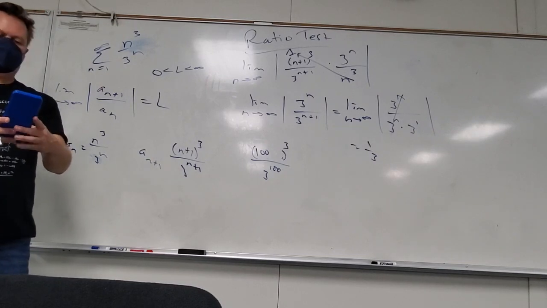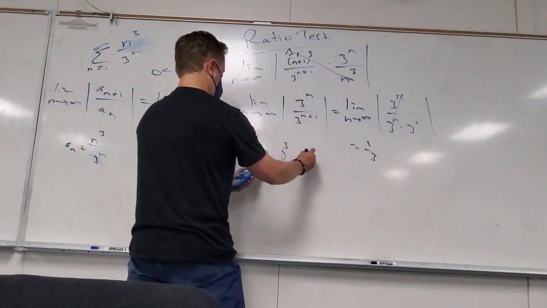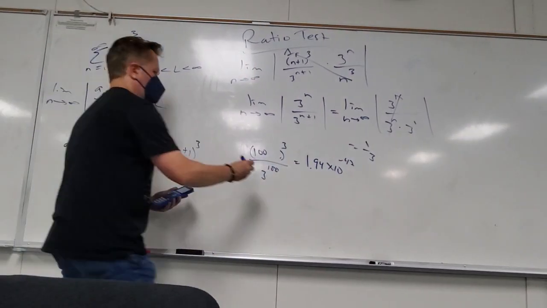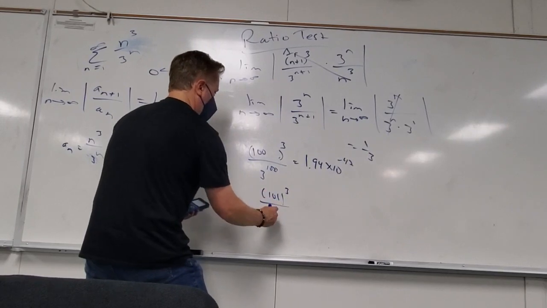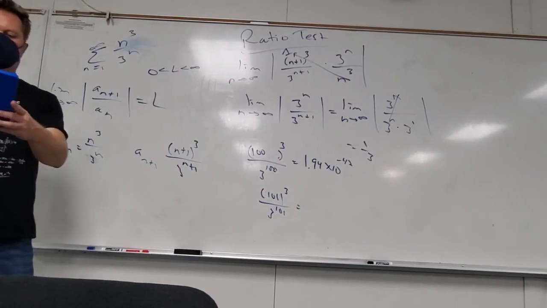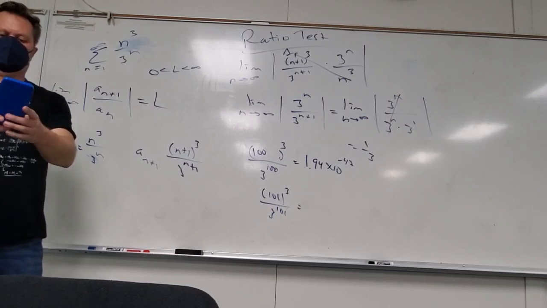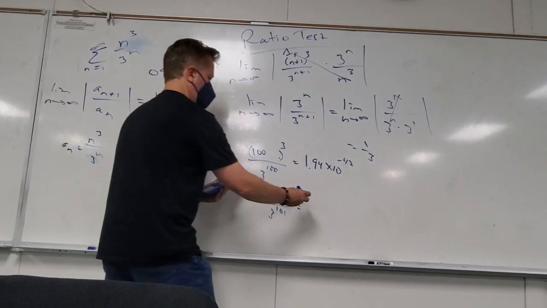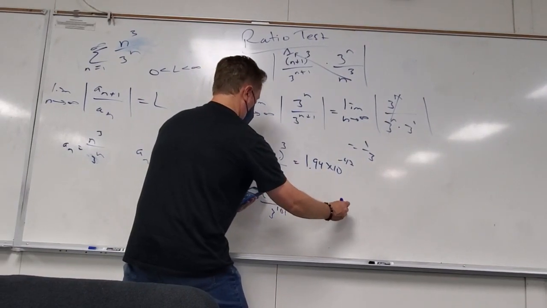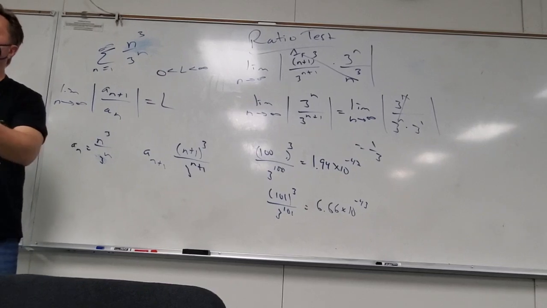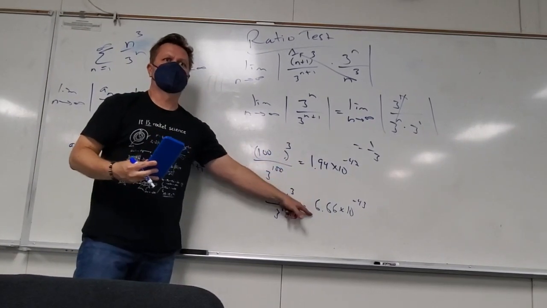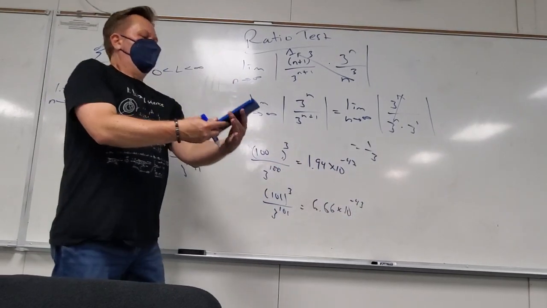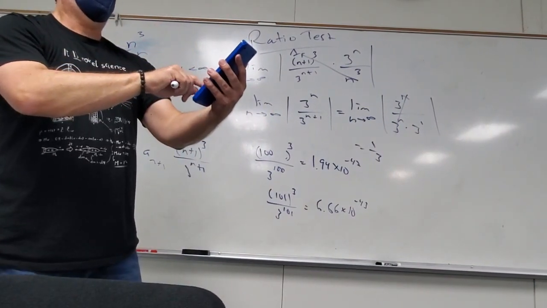All right, sweet. So what do you get? Again, 1.94 times 10 to the negative 42, right? All right. So let's try 101 cubed over 3 to the 101. What do you get? 6.66 times 10 to the negative 43. All right, now real quick. Stay with me. Which one of these is smaller? This one's smaller, right? Because it's out one more place. You with me? Okay. Try to do this, right? Do 1.94